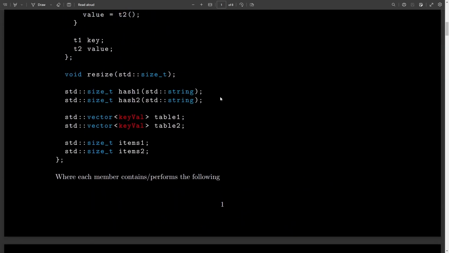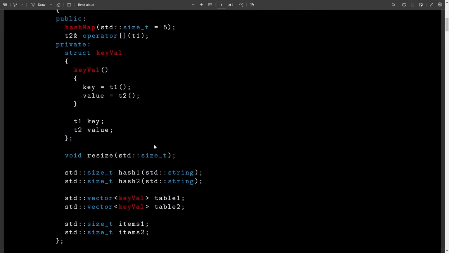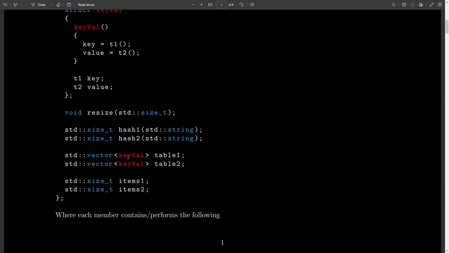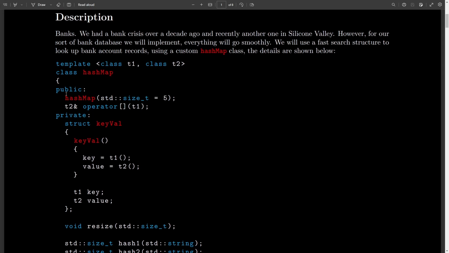Okay. And of course, our items1, items2 is going to track how many elements we have in table 1, table 2 respectively. So we're going to use this for our load factor amount. Then of course, we're going to have our resize function, which I'll talk about in a little more detail in a bit. I covered the private members, so that's all good. And of course, you can read through the PDF on that later on. Let's first go over this